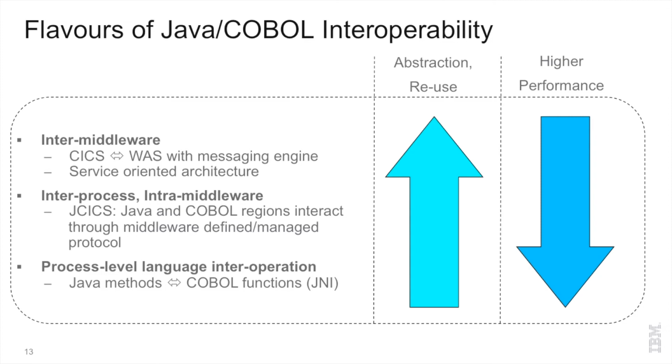In this case here, from an abstraction layer, is really one level down. You're kind of getting more into the guts of KIX transactions and services. But from a performance perspective, you kind of reduce the overhead in terms of messaging. And then the final layer here is this really process level interoperability, in which your COBOL process can invoke Java and vice versa, Java invoking COBOL directly through the Java native